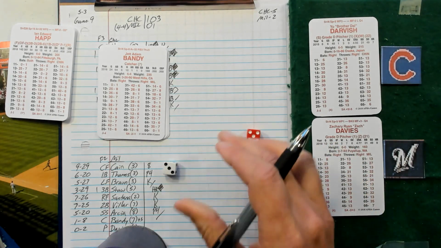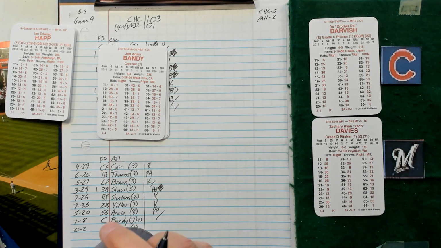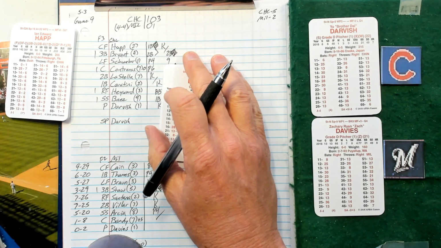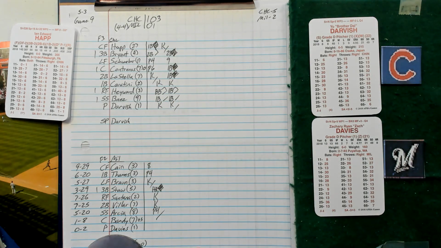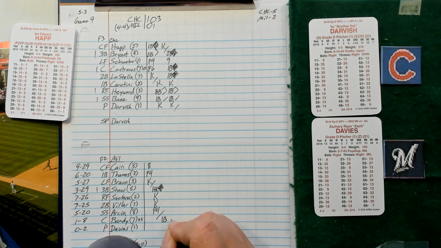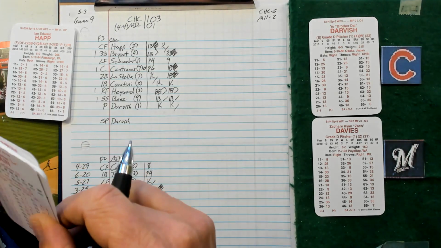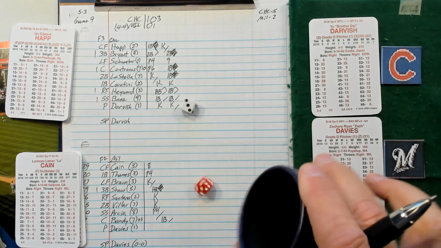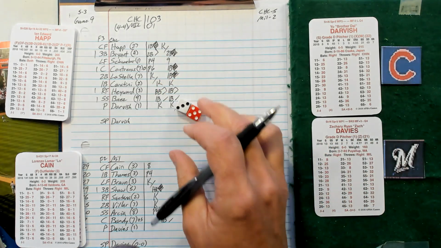Jet Bandy, 53-18. Shortstop is Baez. He's a 9. It's going to be a single. Single for Jet Bandy. Brings up the pitcher spot, Davies. It's too early to take him out. 53-13, struck him